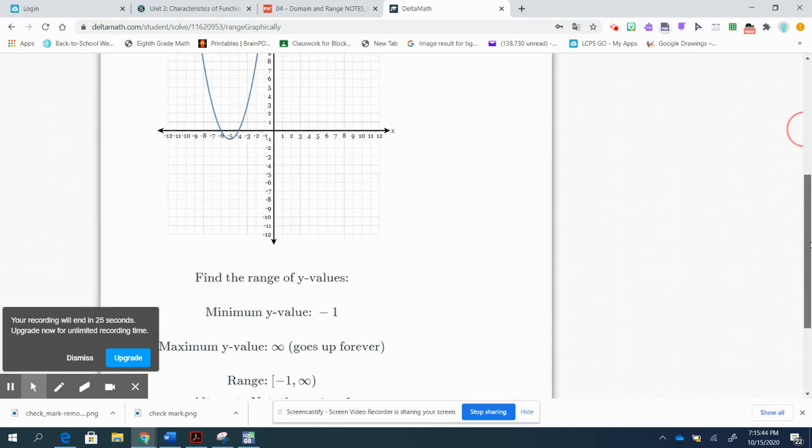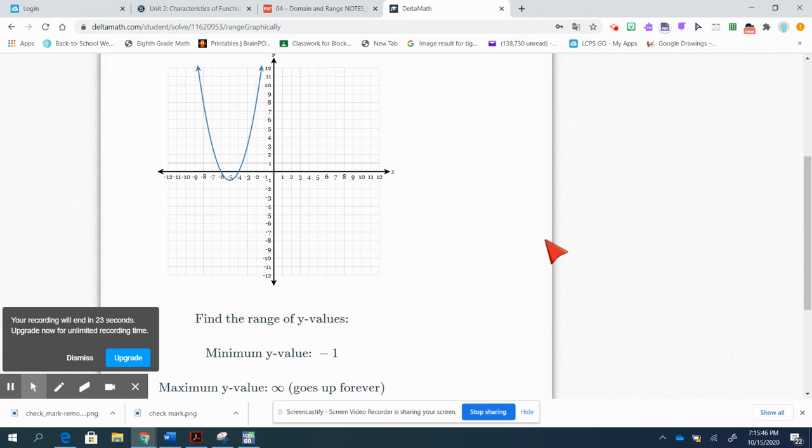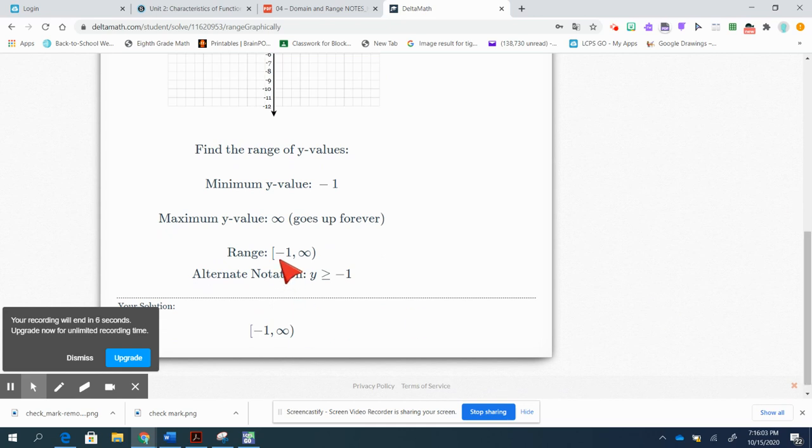Okay, so once again, you saw me kind of stumble over this one too, but for range, you start at the bottom and go up until you come to a spot there at -1. That point is included, and then we go up as high as we can, and it goes all the way up to +infinity, and it asks to write it in interval form. So that's why I used the closed bracket here for the -1 and